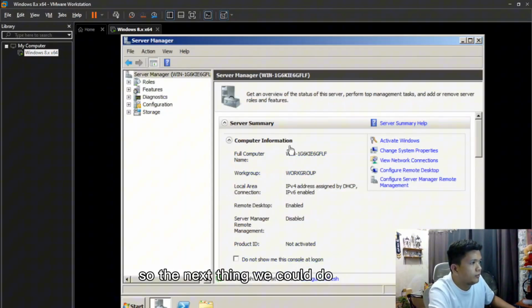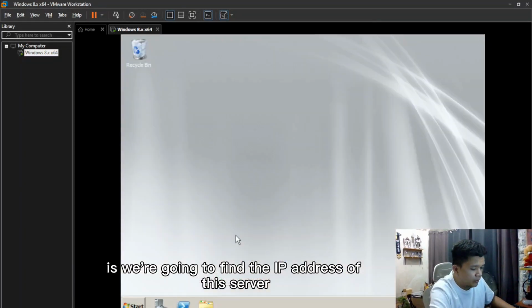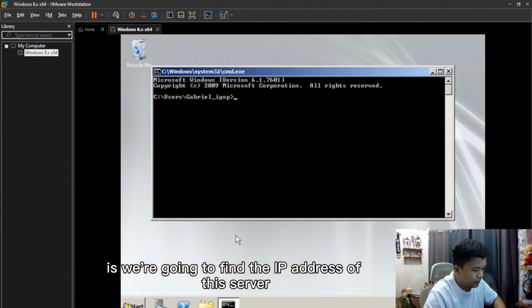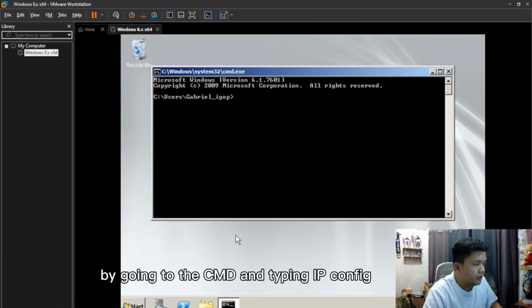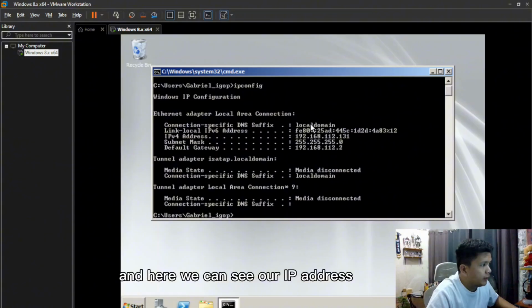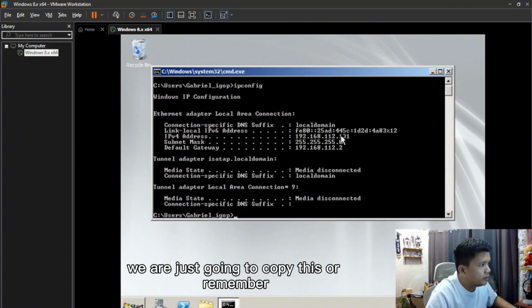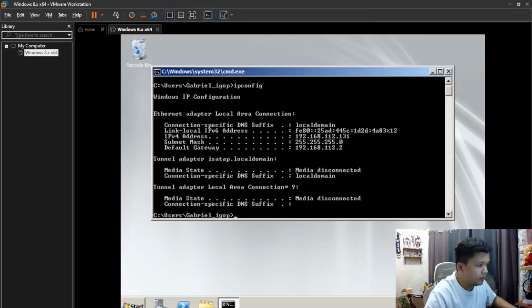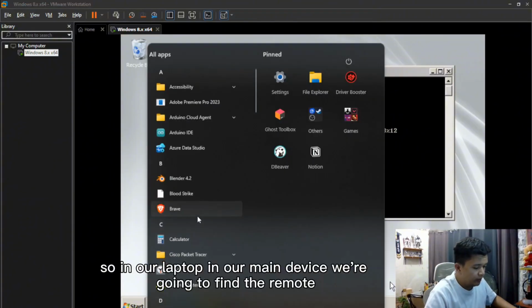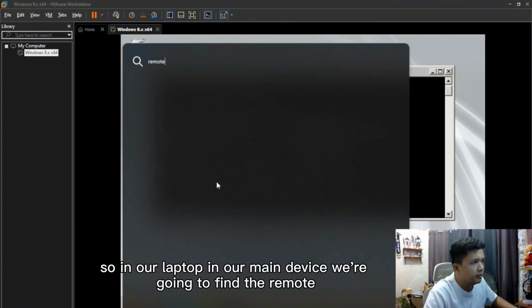So the next thing we could do is find the IP address of this server by going to the CMD and typing ipconfig. And here we can see our IP address. We're just going to copy this or remember it. So in our laptop, in our main device, we're going to find the